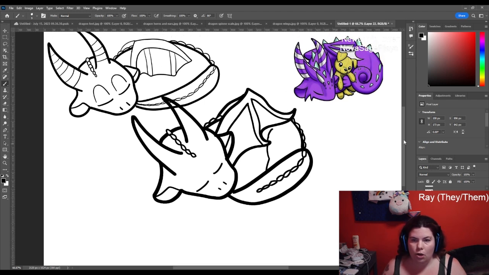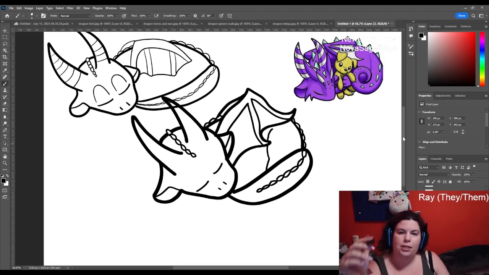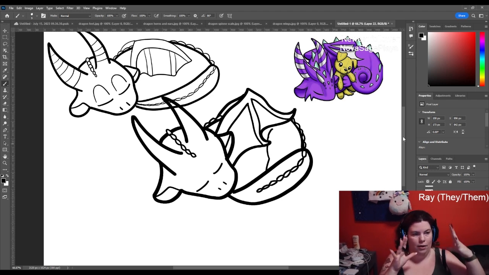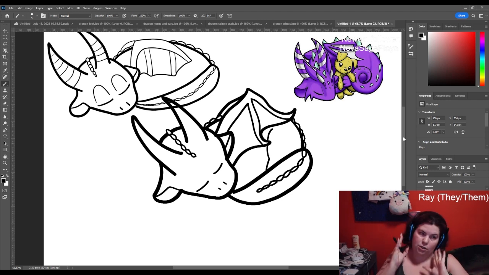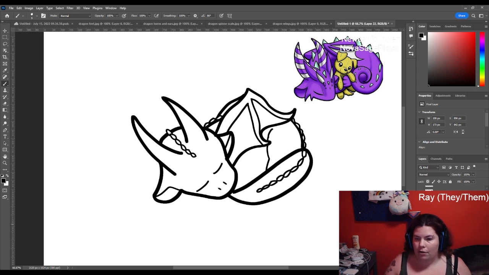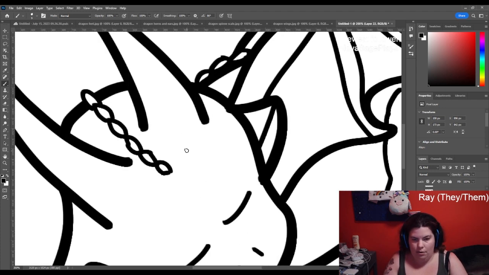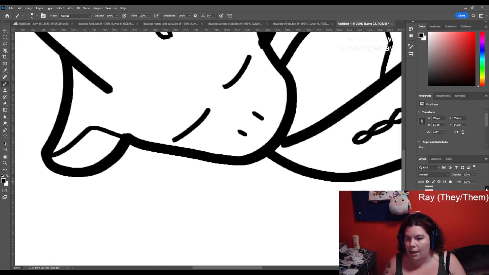Okay, here we go. So it looks like this specific one has just one of the angles, which works for the angle of the face of this dragon. But my dragon's face is not down and tilted. It's almost straight on and just turned. So I think I'm going to do the eyelids like I did them on the other versions of Paprika here, and just do, once I zoom in here, we'll just reduce brush size as well, make sure we're on the correct layer,